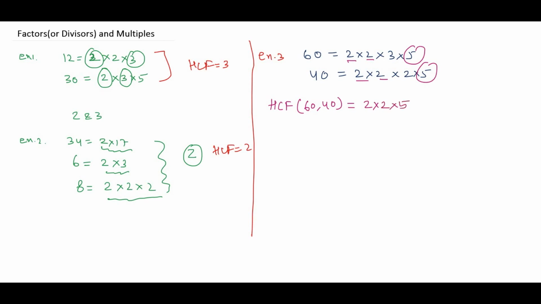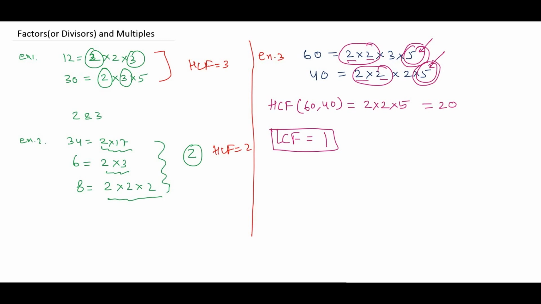So what you see? You see that 5 looks to be the greatest one, but we need to take all the combinations possible. So what is the highest common factor? These 2s and 5 are the common ones. So this is nothing but the highest common factor, which is 20. This is how we can determine the HCF. The lowest common factor will always be 1, so we will not discuss lowest common factor here, right?